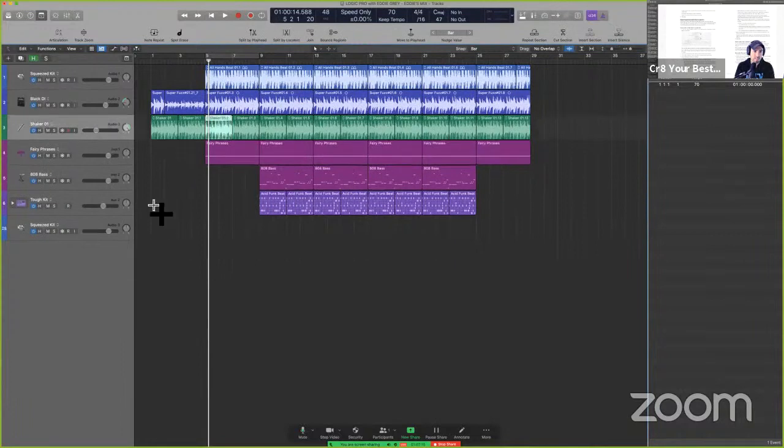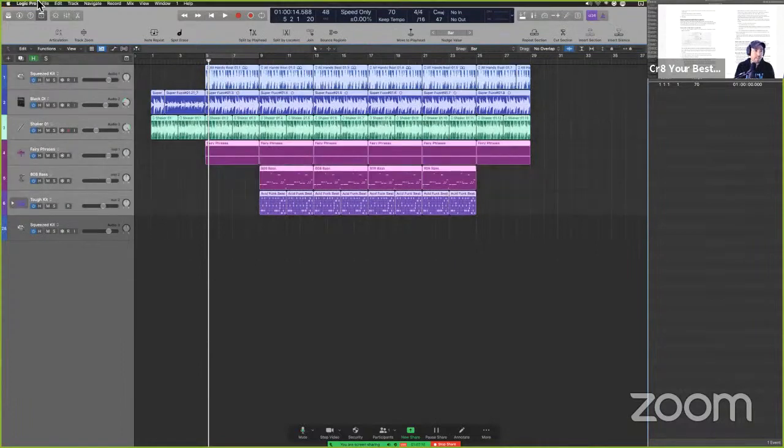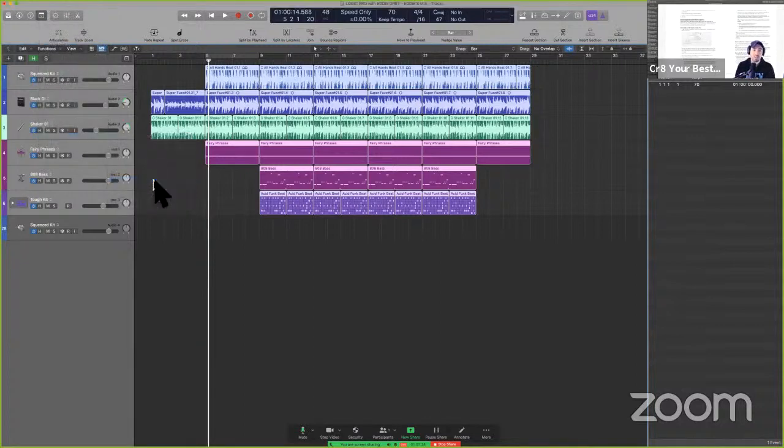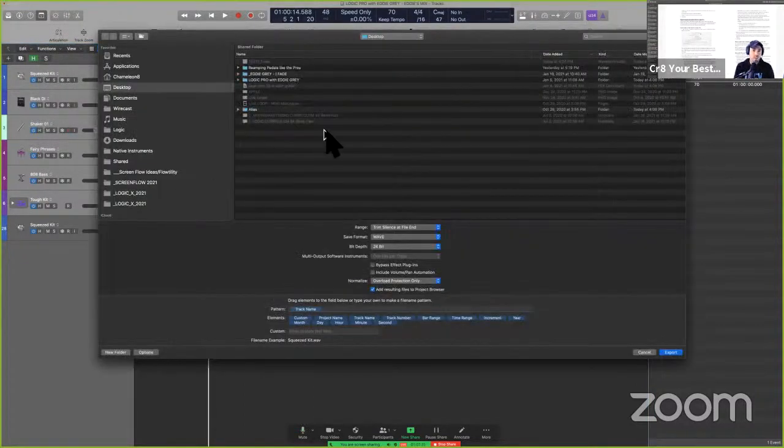Make Command Z here a couple of times. All right, Command A, file, export, all tracks audio files. I have somebody that I collaborate with, but he uses another DAW. We go to all tracks as audio files. Okay,